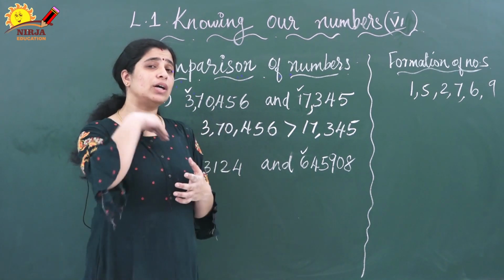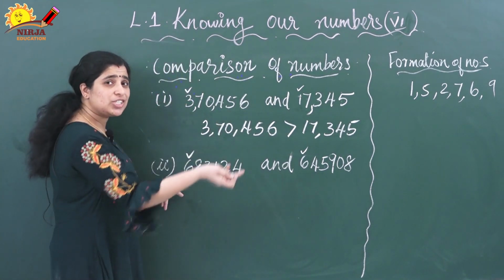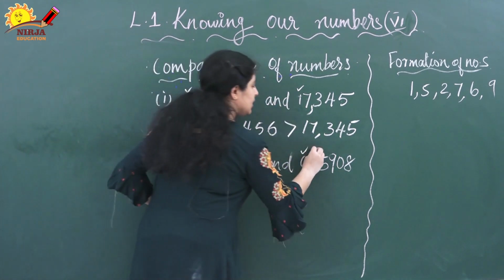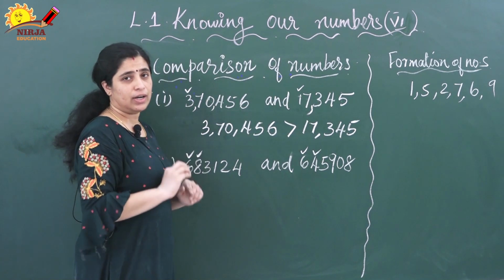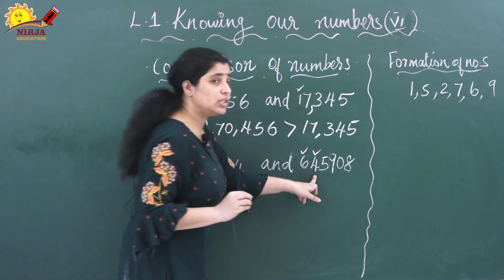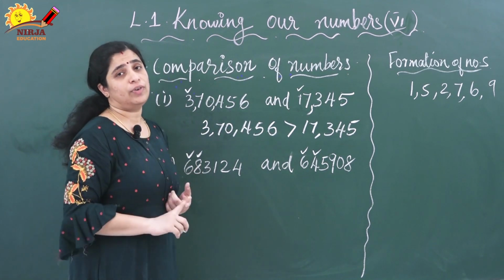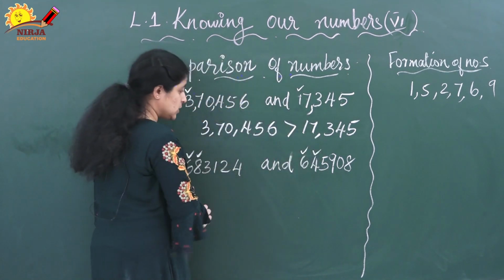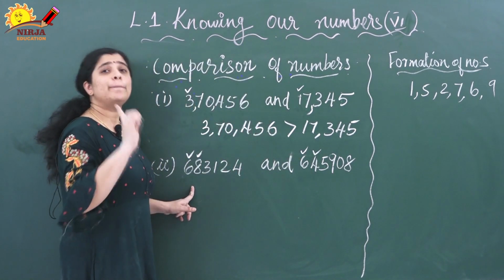Next we have to consider the next number, the neighboring number of this one. Which is the next number? Here it is 8 and here it is 4. Yes, these two numbers are different here. This is 8 and this is 4. So now consider which number is bigger. 8 is bigger or 4 is bigger? Yes, 8 is the bigger number.